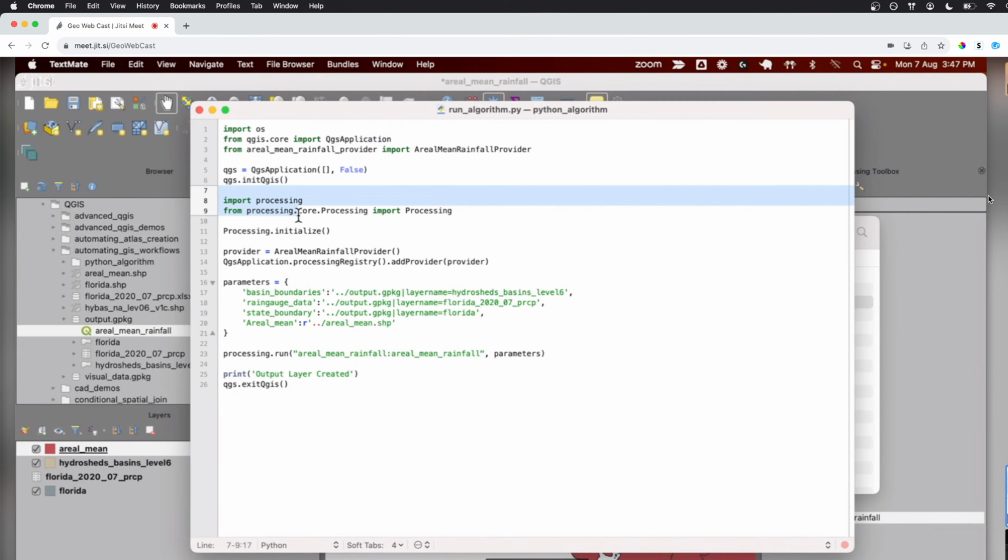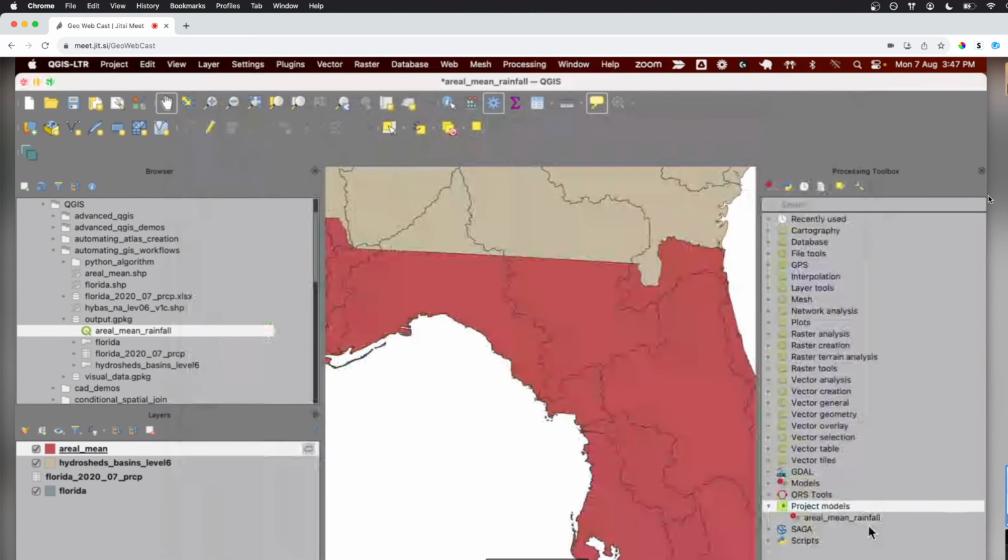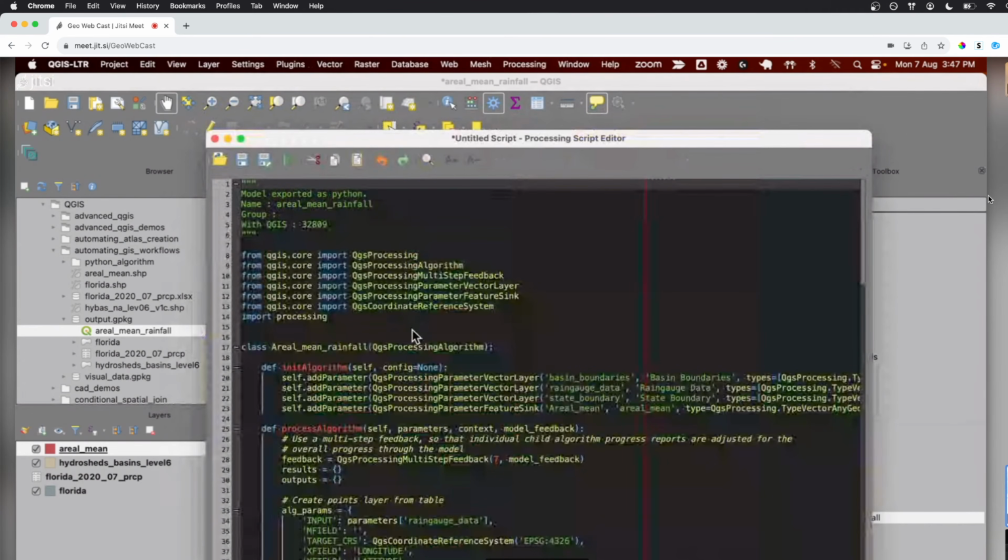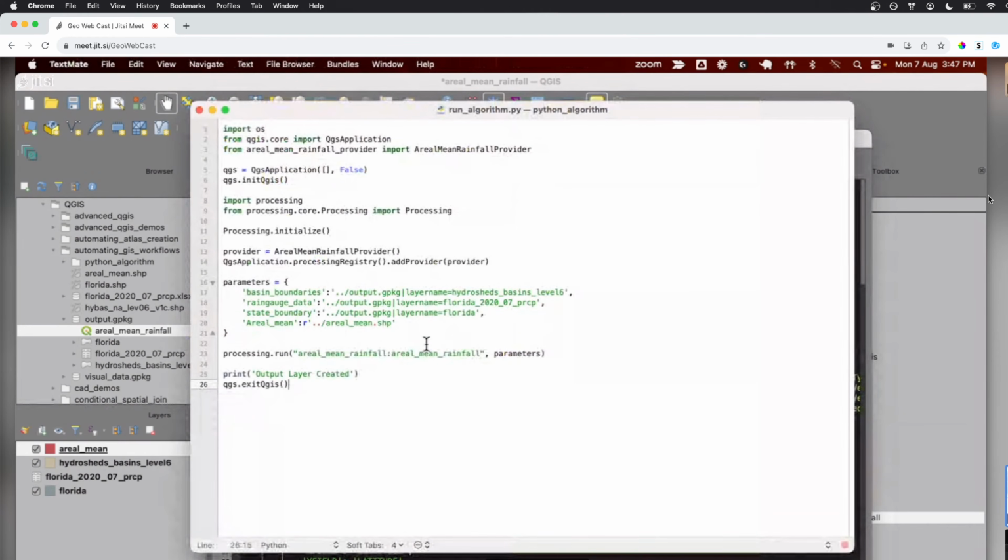From then onwards, we just say, I have a processing tool that I want to run. So we just import processing and then say processing.run. This is the name of my tool. Okay. Go and run that. So this is the aerial mean rainfall, which is another Python file, if I'm not wrong. Is this the one where we exported this? Yeah. So this file is saved as aerial mean rainfall. Got it. And then you have a class, so you are basically referring to that particular class in that file with the parameters. Yes. So here, this script starts QGIS, runs this tool, and exits QGIS. Okay. So this is like a helper file for that file. Yeah. Okay. Got it.